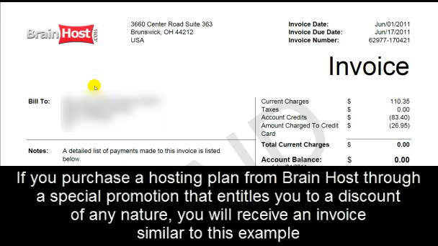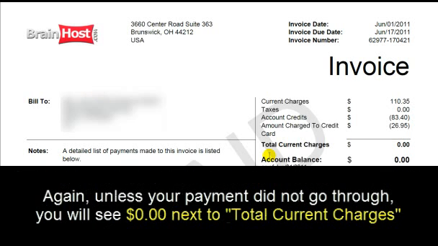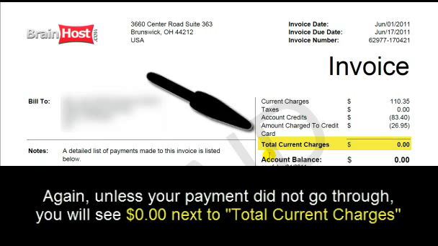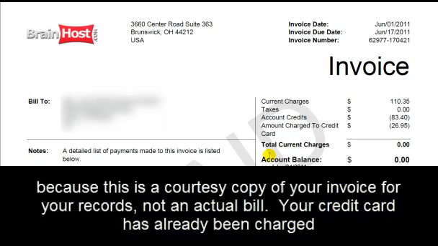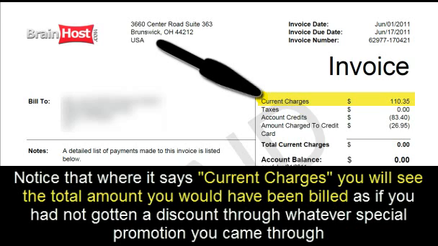If you purchase through a special promotion: if you purchase a hosting plan from BrainHost through a special promotion that entitles you to a discount of any nature, you will receive an invoice similar to this example. Again, unless your payment did not go through, you will see 0 next to the total current charges. Because this is a courtesy copy of your invoice for your records, not an actual bill, your credit card has already been charged. Notice that where it says current charges, you will see the total amount you would have been billed